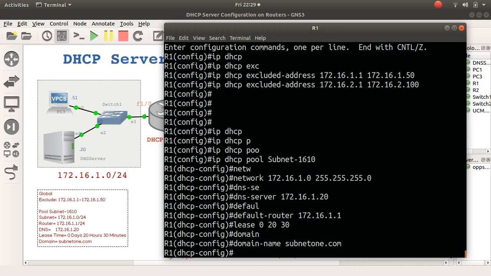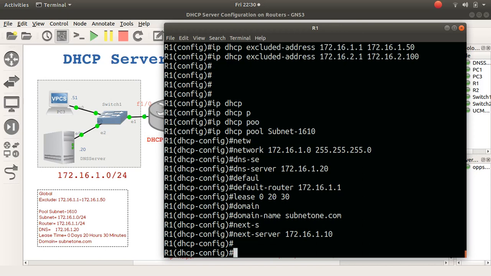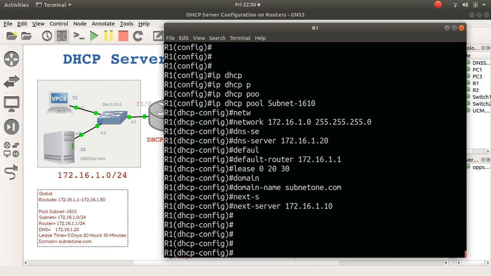Okay, and then if, for example, I had a TFTP server somewhere, I could use the command next server, and maybe we should just put one there for good measure, 172.16, and let's take that one over the 1 subnet area. So let's do 1, and then let's do .10, and that could be your TFTP server if you had one. So the same thing we've done now, we're going to do the same thing for the other subnet, which is subnet